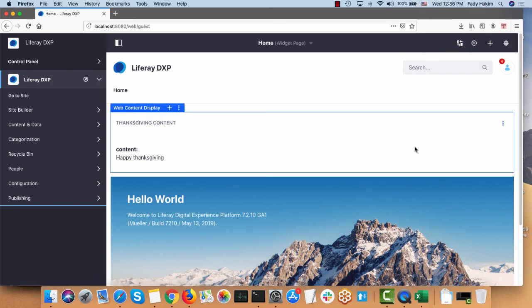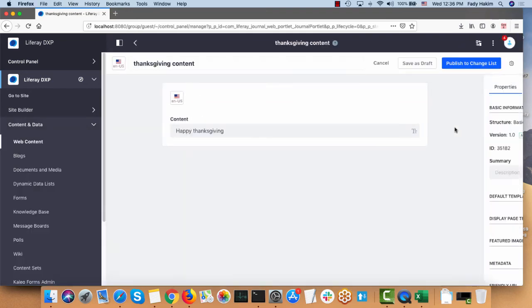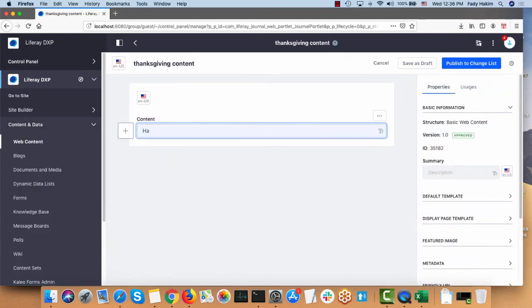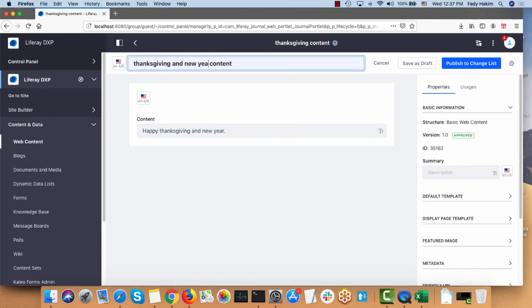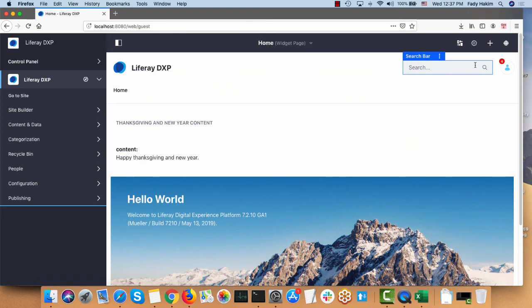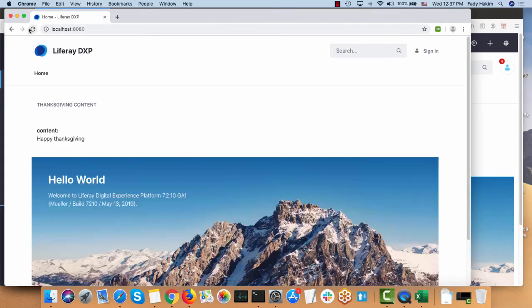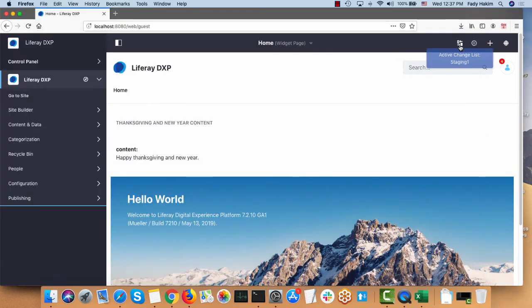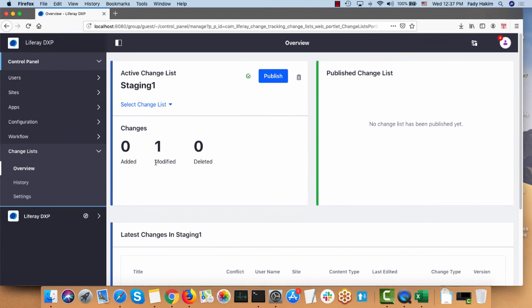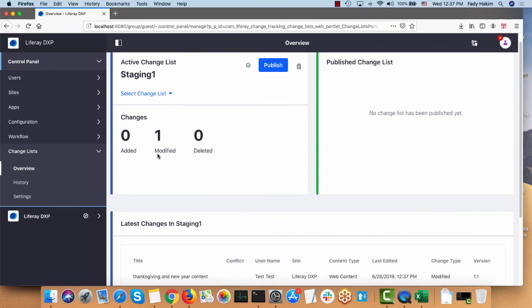So I can come here and edit this web content. So I'm gonna edit it. So I'm gonna say Happy Thanksgiving and New Year. Okay, so I edited this Thanksgiving and New Year, publish this. You can see on production, I still don't have this content because this is on a change list staging that I just created. So if I went to my change list, it tells me there is one modification here that you can publish it to production. So if I click publish here,